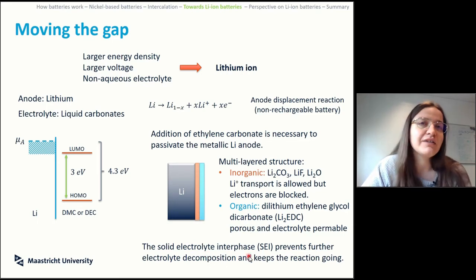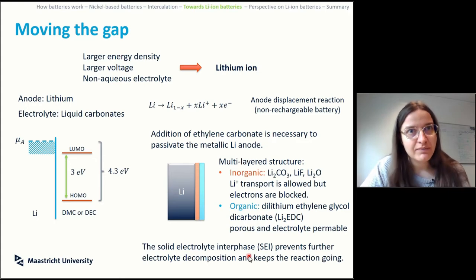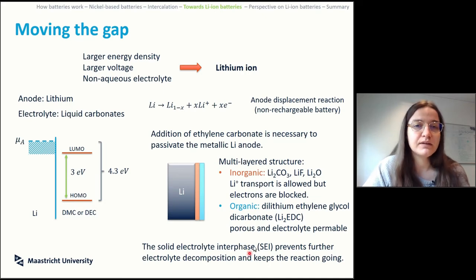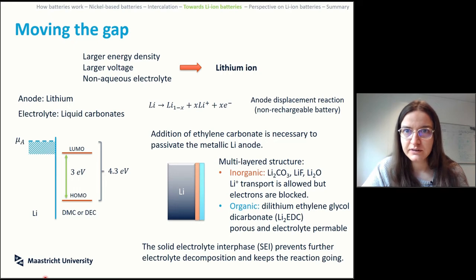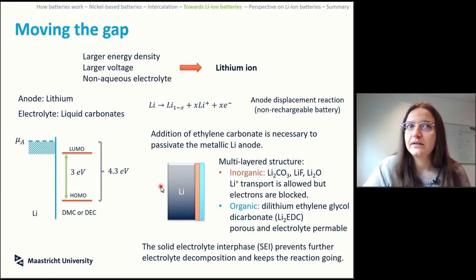So the solid electrolyte interface can be potentially problematic, but in this case it's something that you actually want to be able to operate your material properly. Now, as we were saying, this thing is an anode displacement, so this is just figuring out lithium and an organic electrolyte, but it doesn't have the other side. So this is not the full battery, let alone